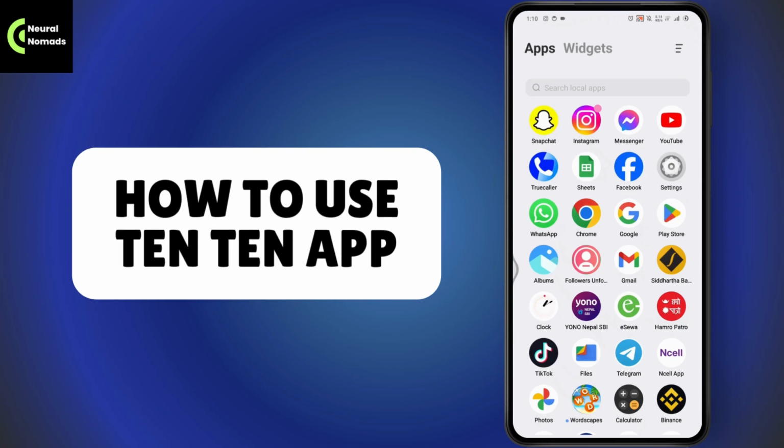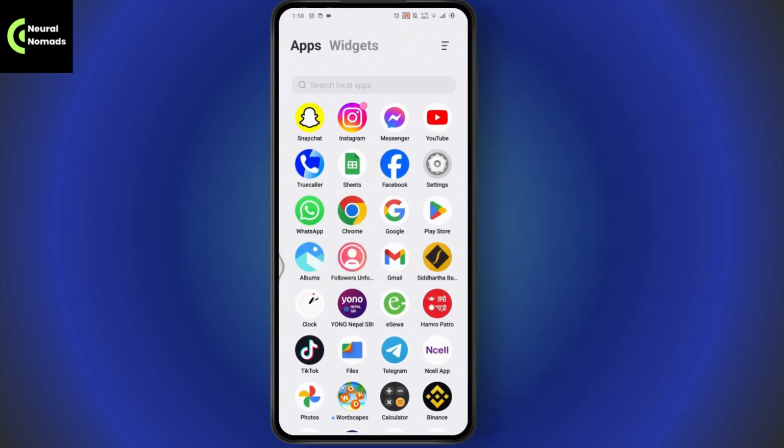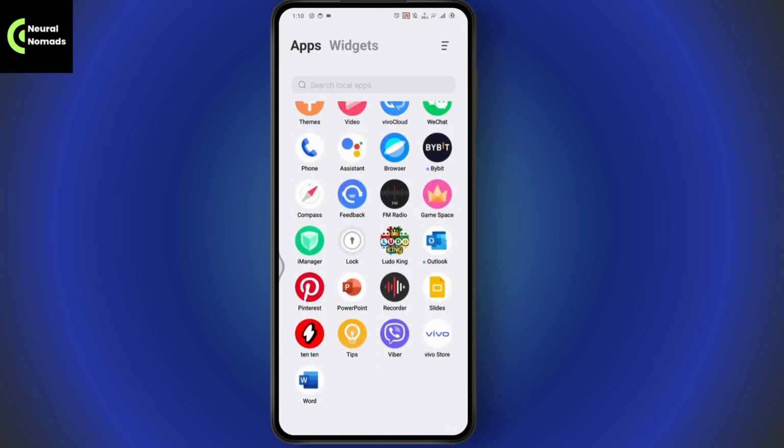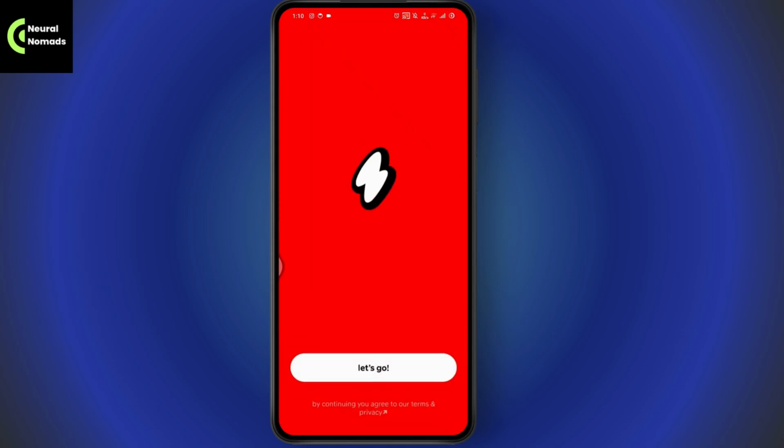How to use 1010 app. So if you want to use the 1010 app, then first make sure you have a stable internet connection, and then you need to go to your Play Store or your App Store and install the 1010 application. Once you install the application, you'll get this kind of interface where you just need to simply tap on Let's